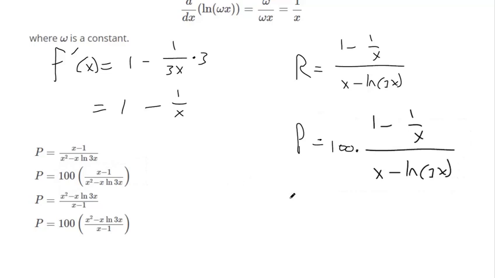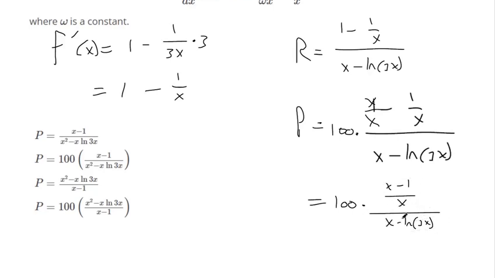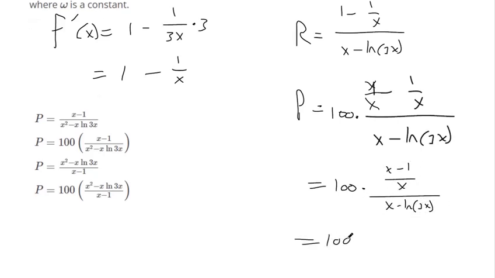Okay, but the algebra way of rewriting this is that in the numerator, you could combine like terms. I mean, you could get common denominators for these fractions. That's 1 subtracted by 1 over x. That's the same thing as x over x subtracted by 1 over x, right? And so that gives you x minus 1 over x in the numerator. So we have this fraction being divided by this fraction. So another way of writing that